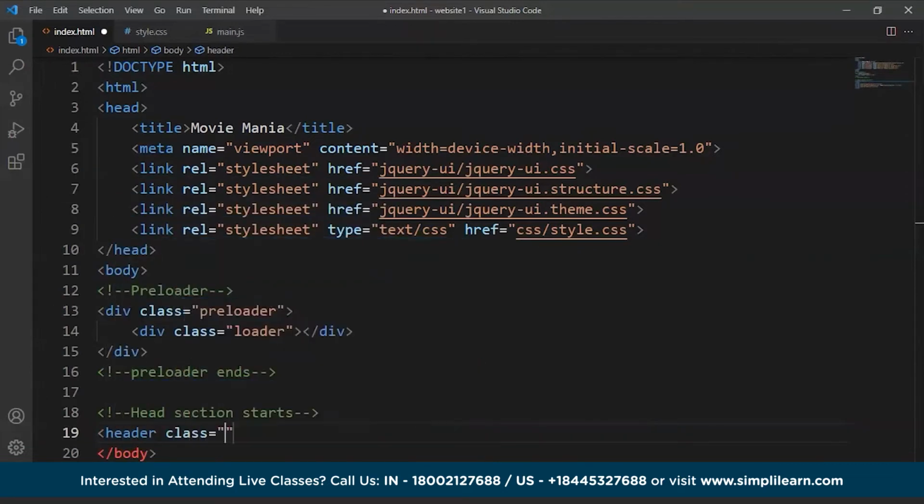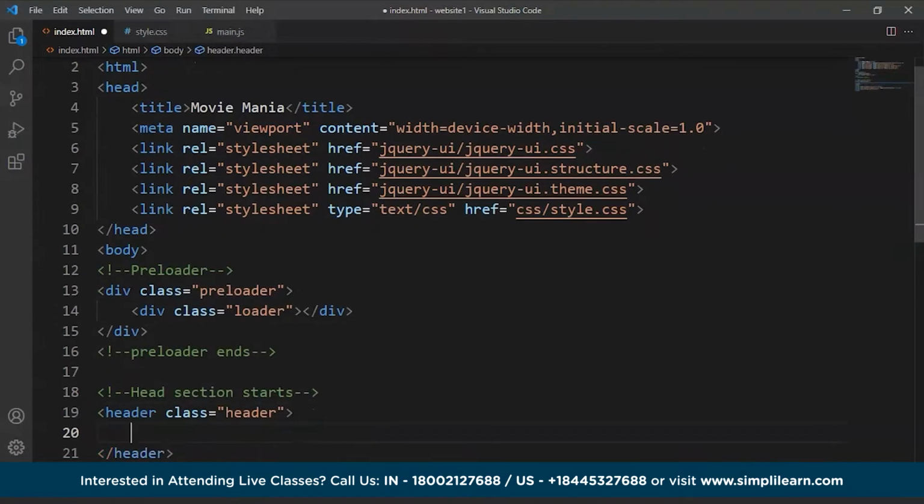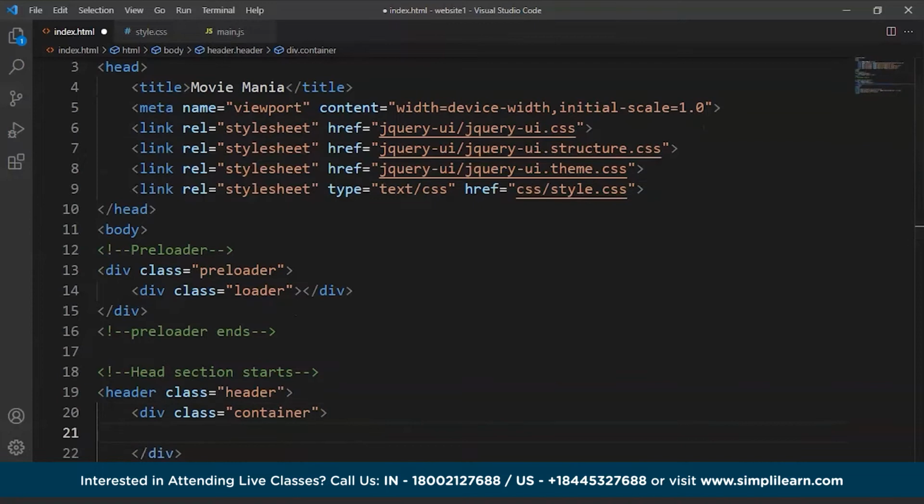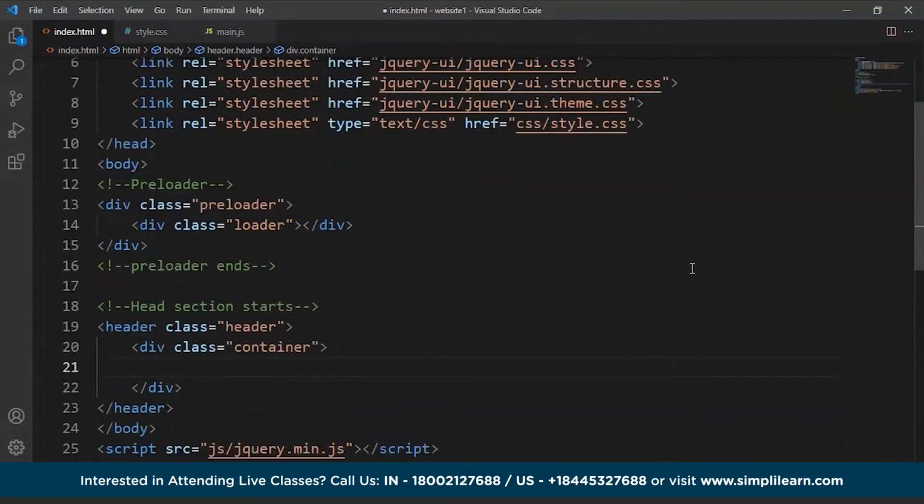We'll write here header, class is going to be header for this, and then we'll close this header tag over here. Now inside this we'll write div, class is equals to, let's say, container. So we have to take so many div tags, so keep these things in mind. So the next thing we are going to write here is div. Now class is going to be, let's say,